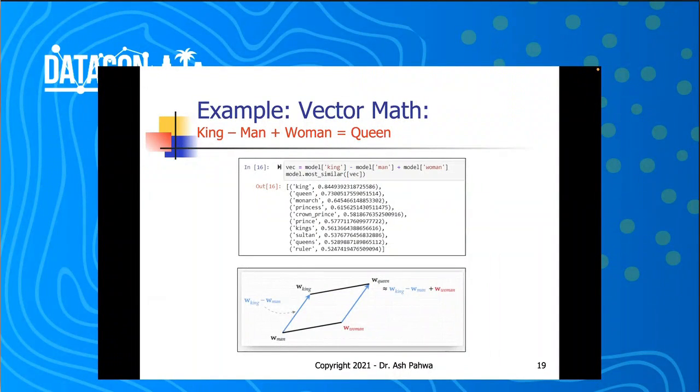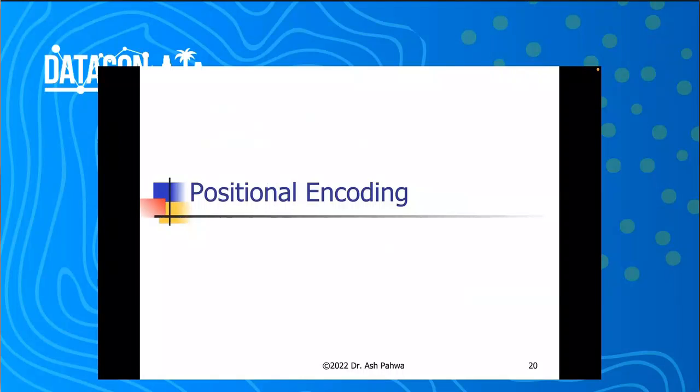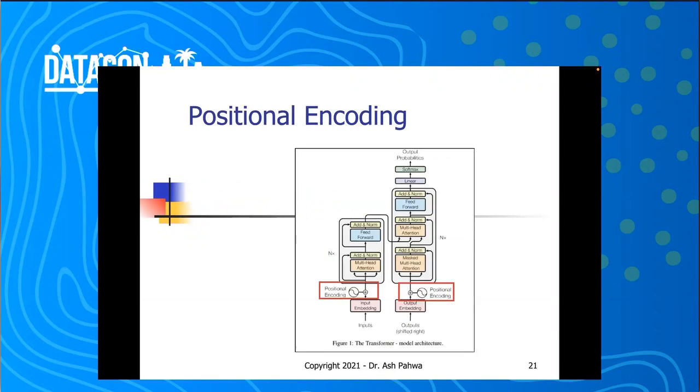But the problem with word2vec vectors is that they cannot solve the concept of polysemy. You have one embedding for a word. That's what the embedding is, and you cannot change it based upon the context. That is something which was done by attention. Now, when you look at the encoder and decoder, the first thing you're going to see is positional encoding, because one of the things about our transformer is that we feed all the data in parallel.